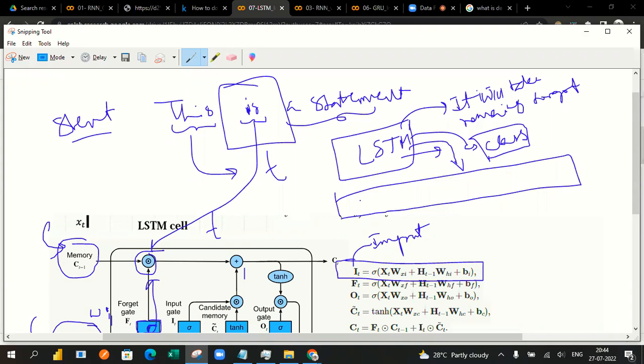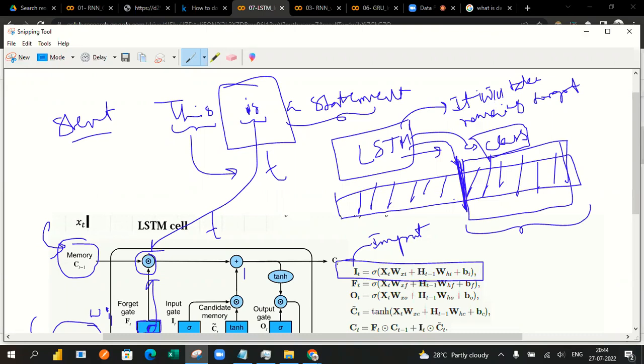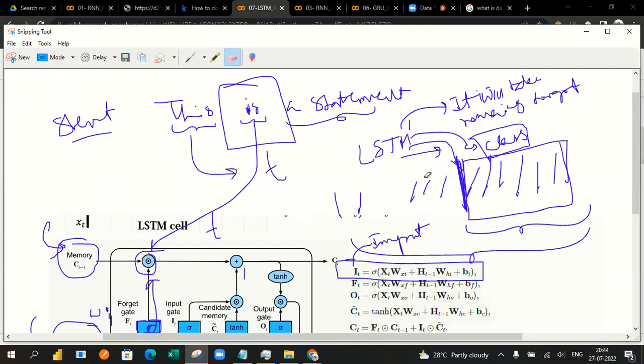Whoever has the important information, or whoever has the advantage of the information, it's going to be preserved in the cells, and whoever doesn't have that much preservation of the information, it's going to be forgotten. So eventually what will happen, some of the cells are going to be truncated. The long sequence may not be preserved that much, but it will be truncated and become some short sequence kind of thing. So that's how, in simple terms, we understand the LSTM,